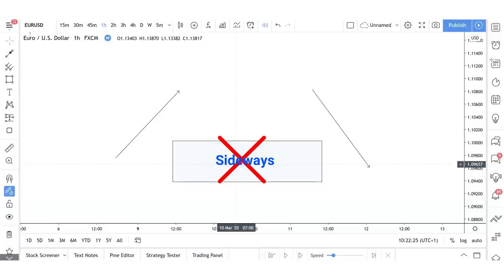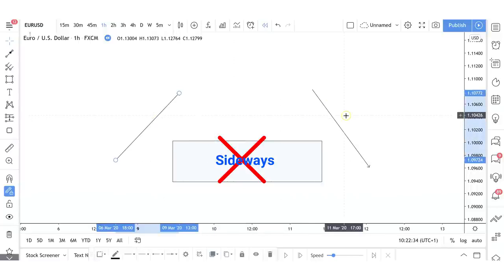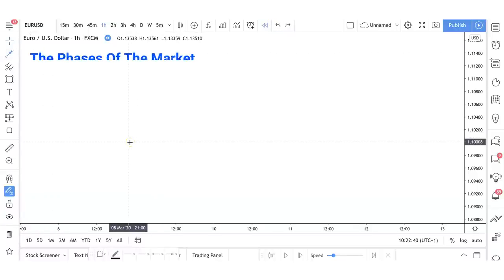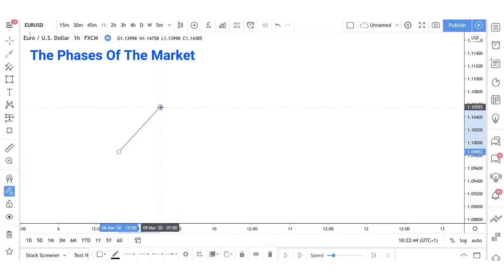So any market structure that is moving sideways, you are not taking any trades. Only if the market is clearly identifying an uptrend or a downtrend is when you will go into the markets. The next thing you need to understand is the phases of the market. So what we're going to be focusing on when taking our trades